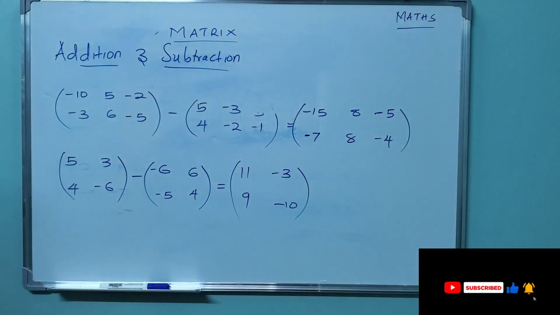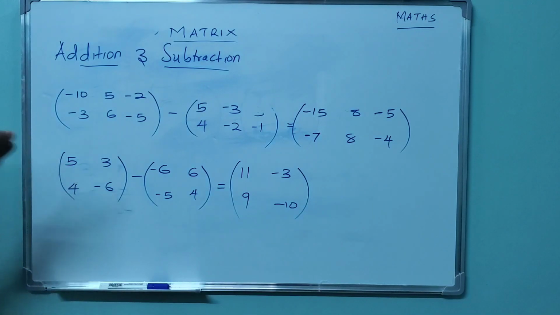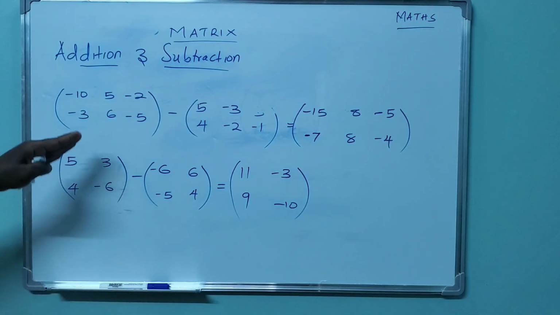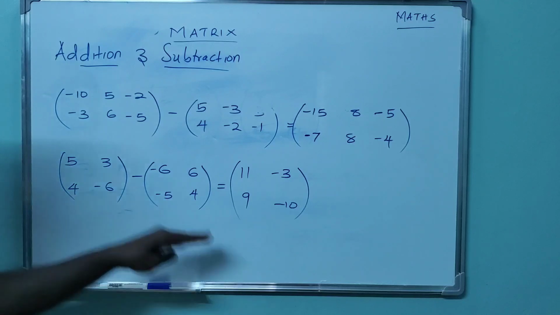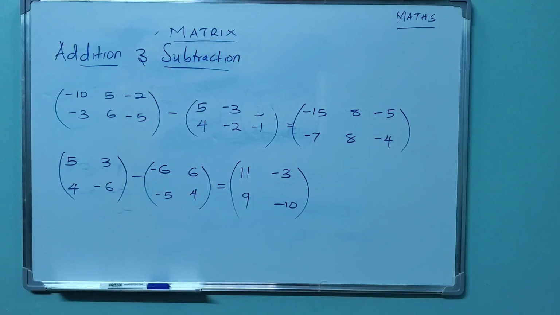So always remember, when either adding or subtracting, you always have to consider the position of each number in that matrix. And also remember that you can only add matrices which are in the same form. In this case, you've seen me adding a 3 by 3 matrix, a 2 by 2 matrix, and you can add a 2 by 1 matrix. So only those that have the same number of rows and columns can be added or